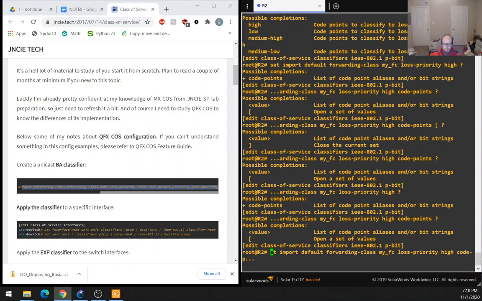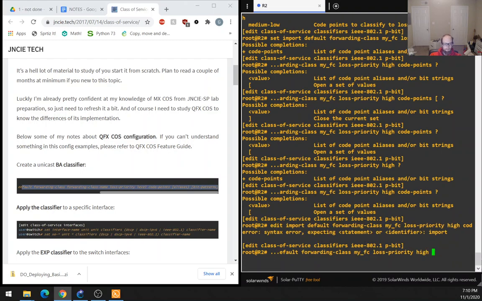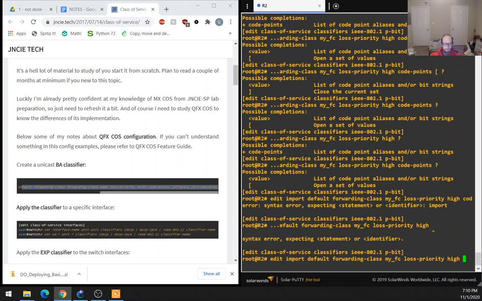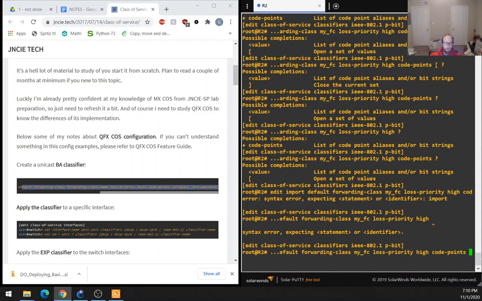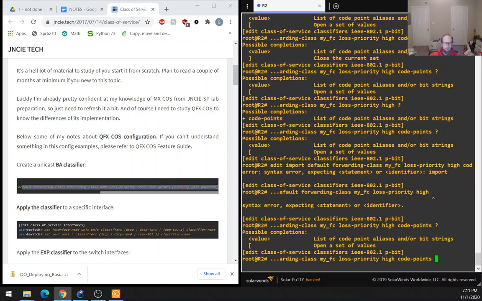Okay, so let's go into edit mode if possible. Nope. Oh, you know what? Let's do this in multiple sets. But we can't because we've got to apply these knobs to the forwarding class. The loss priority is going to be high. The code points,